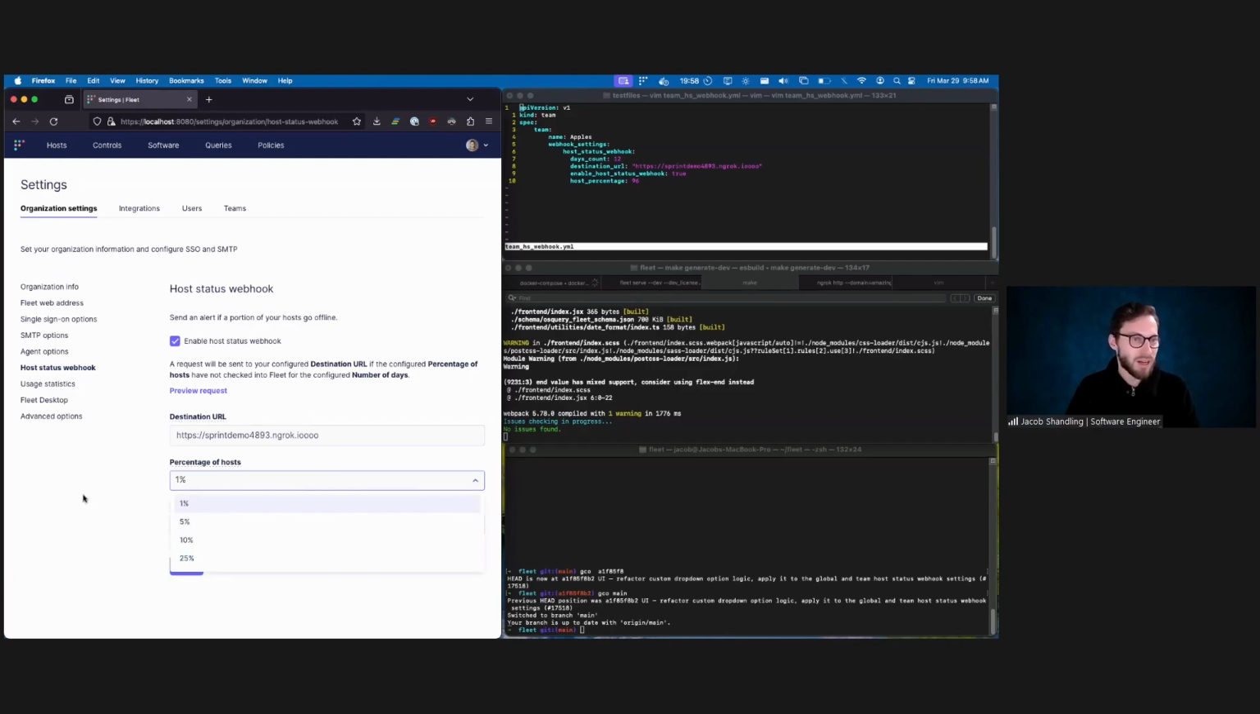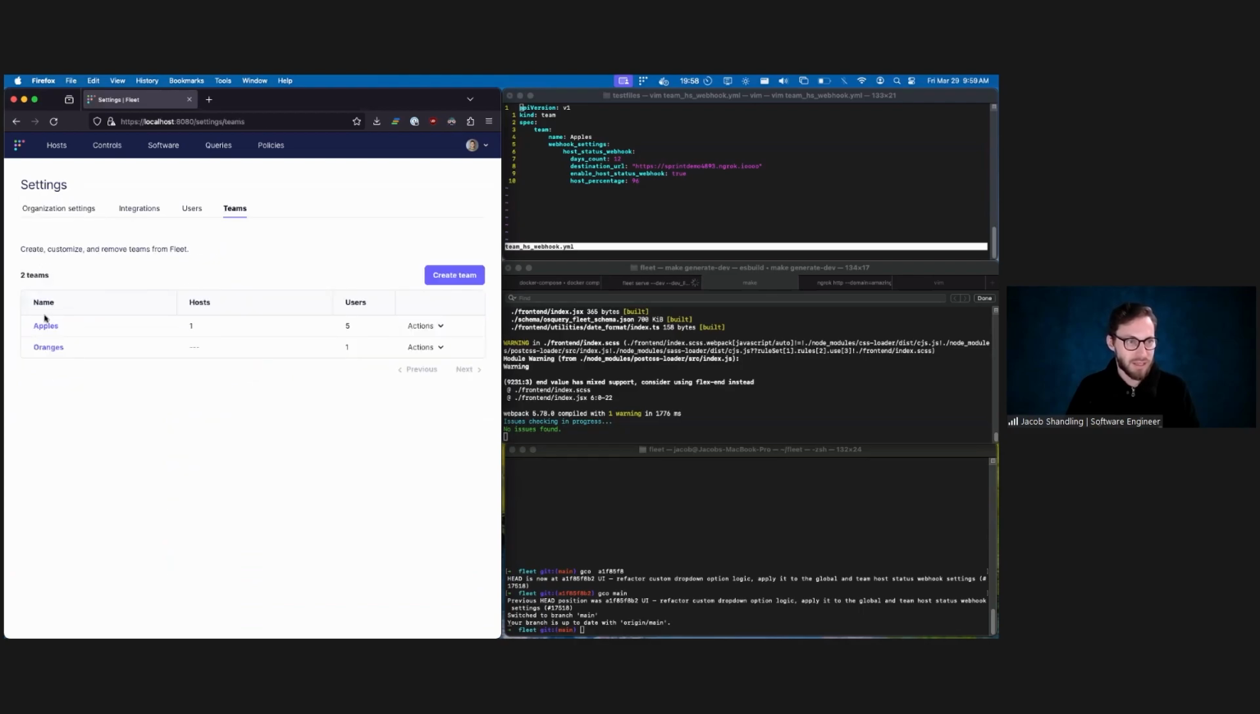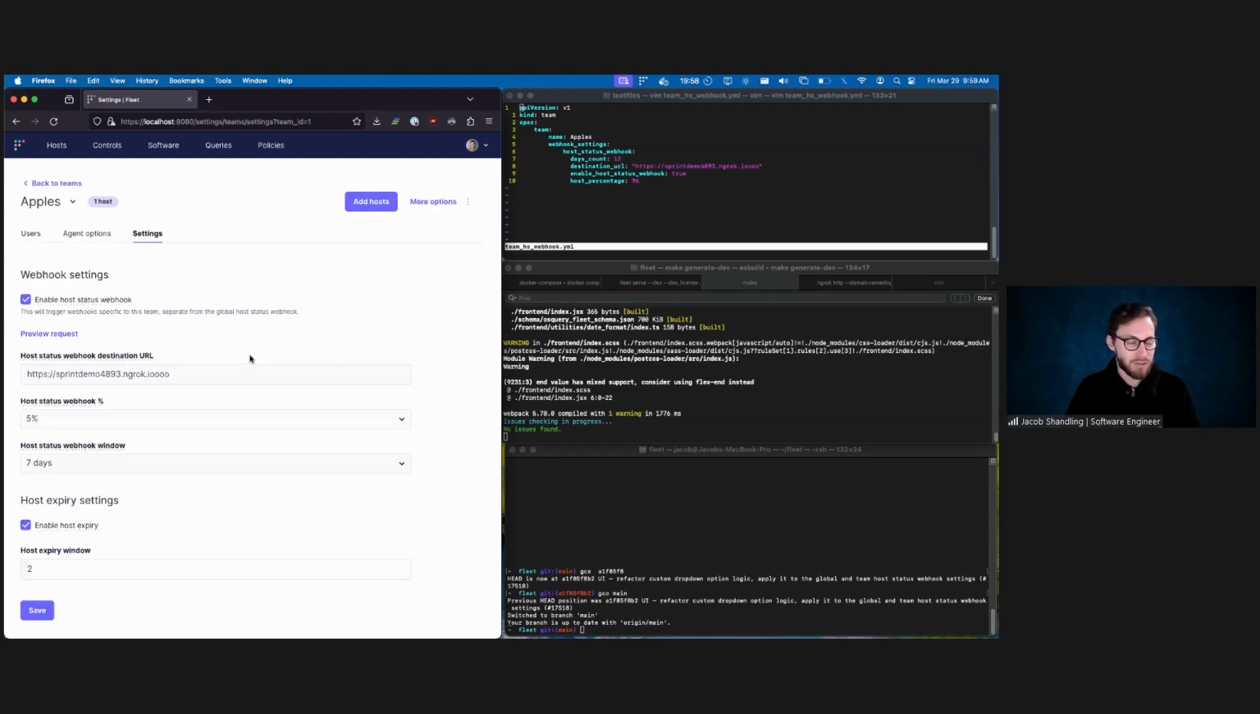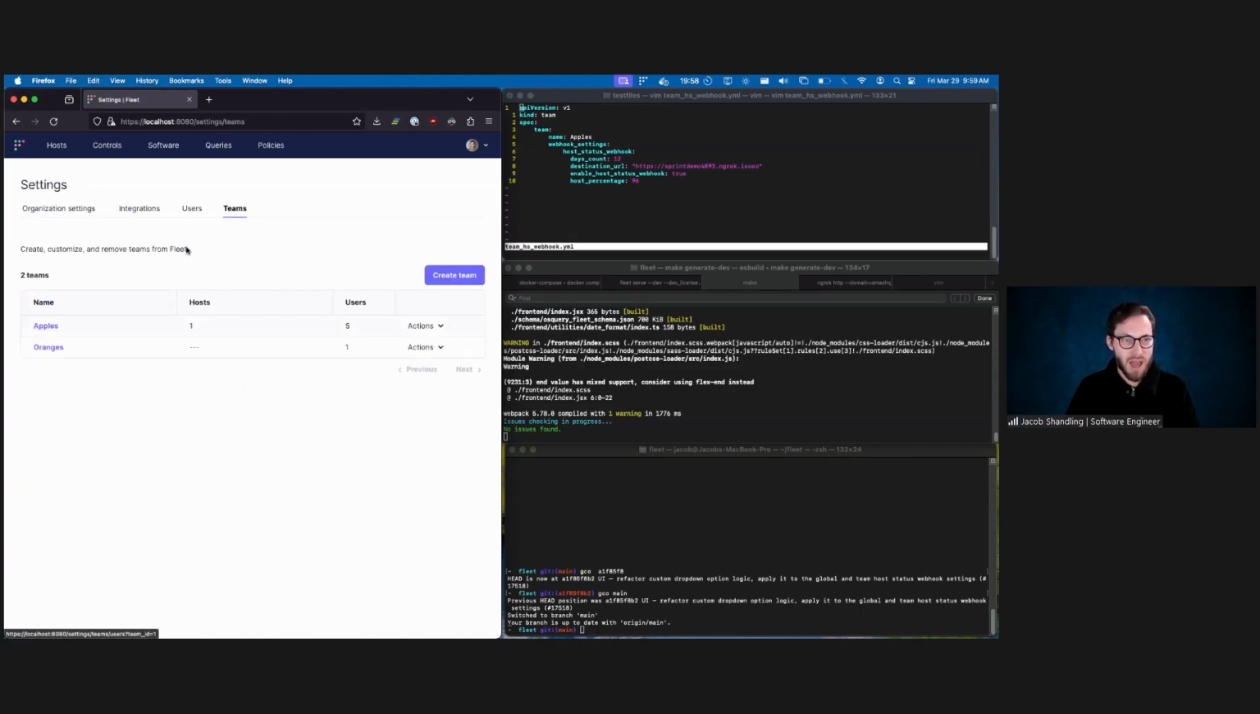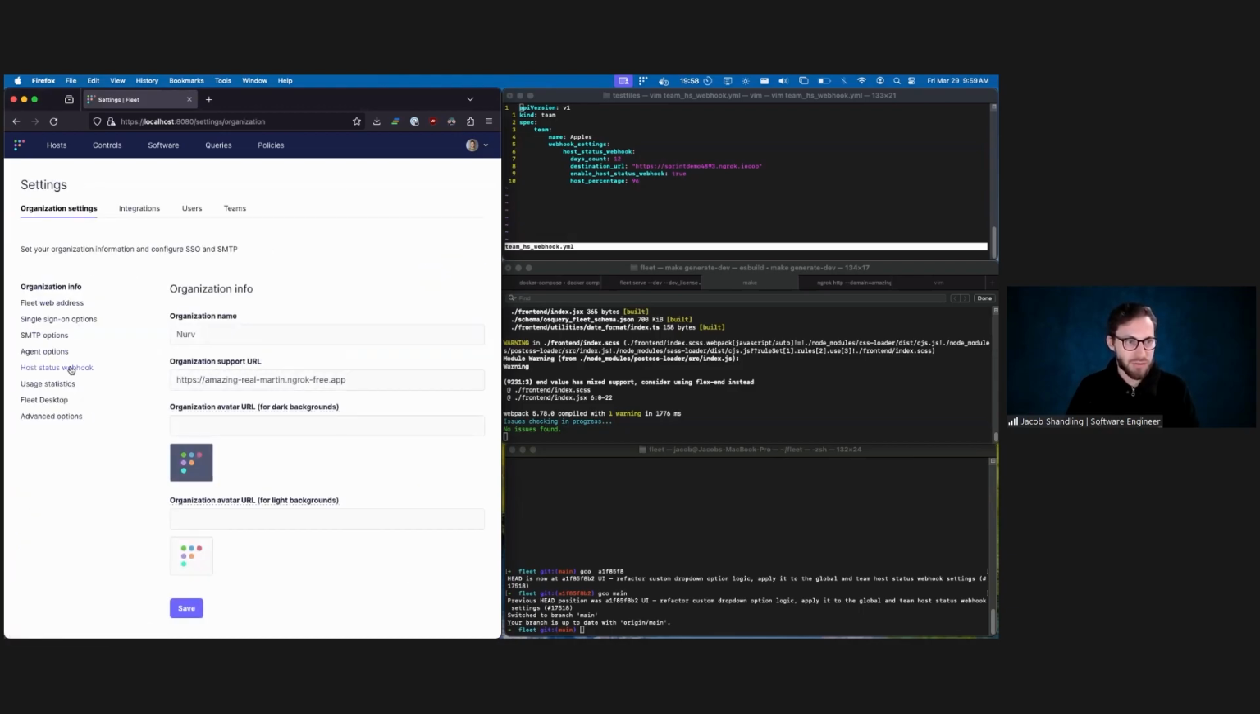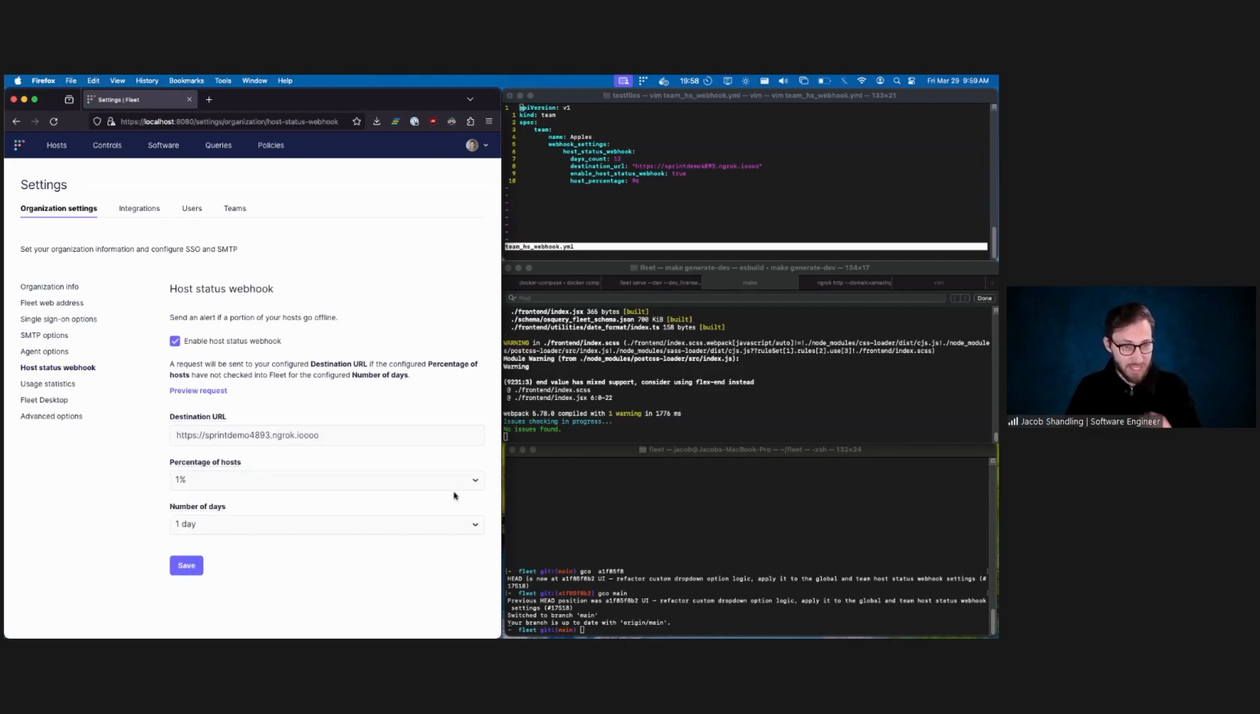In both the global and team host status webhook UI pages, we give the user these predefined options for percentage of hosts and number of days. And again, that's the same for the team level feature. But the user is not restricted to those values when setting via fleetctl or some other method. So the bug was,